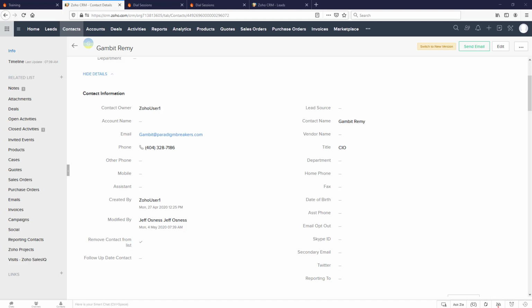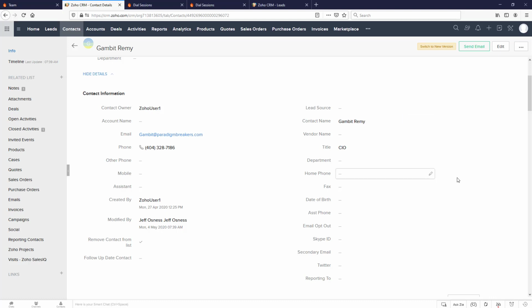Now at this point you should have installed the Zoho extension into your Zoho environment. You should know how to build a list and launch a dial session directly from the leads or contacts modules within Zoho. And you've seen how a dial session works and what gets posted back to Zoho so that you can take advantage of the Zoho workflows to automate specific updates.